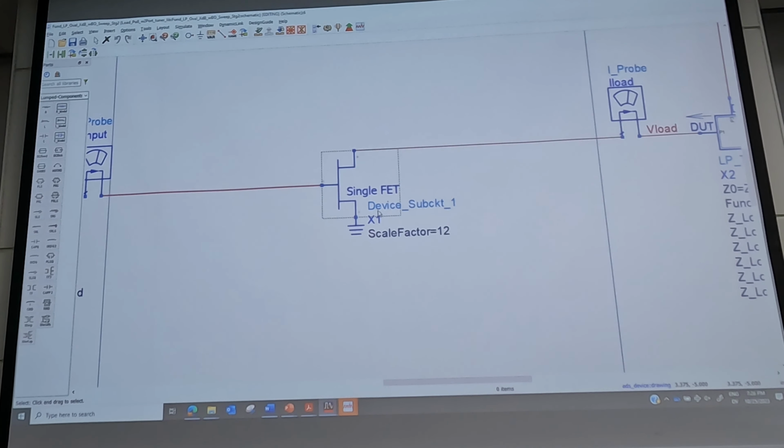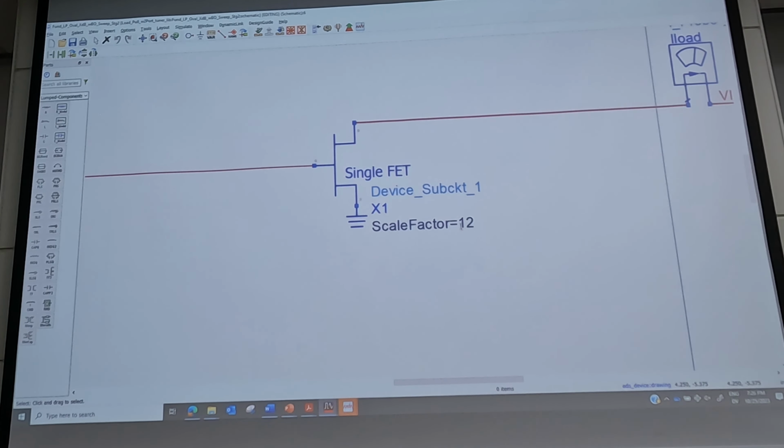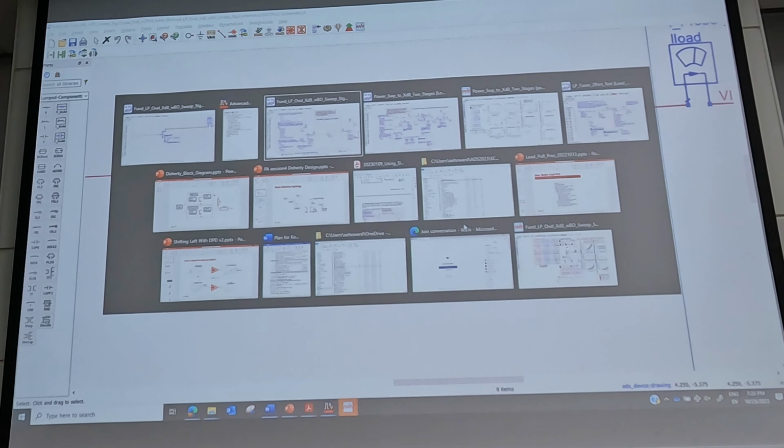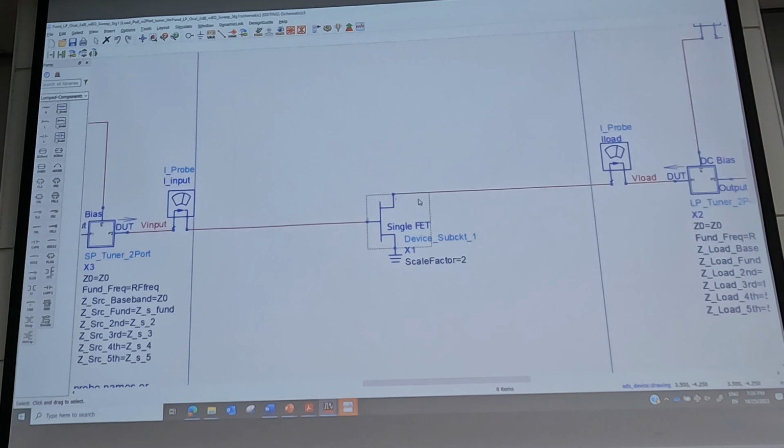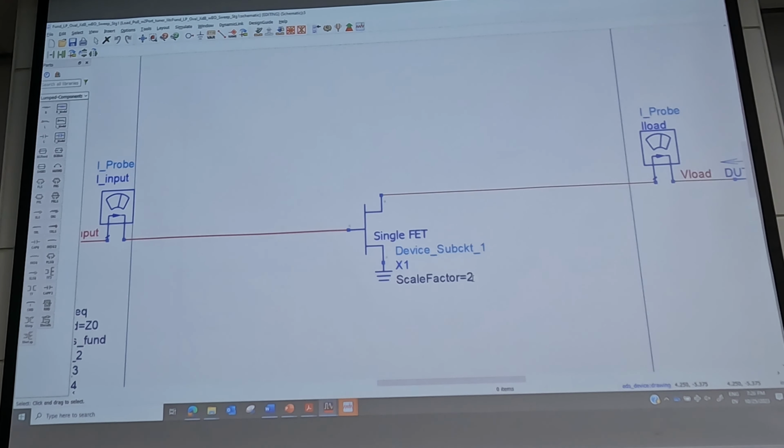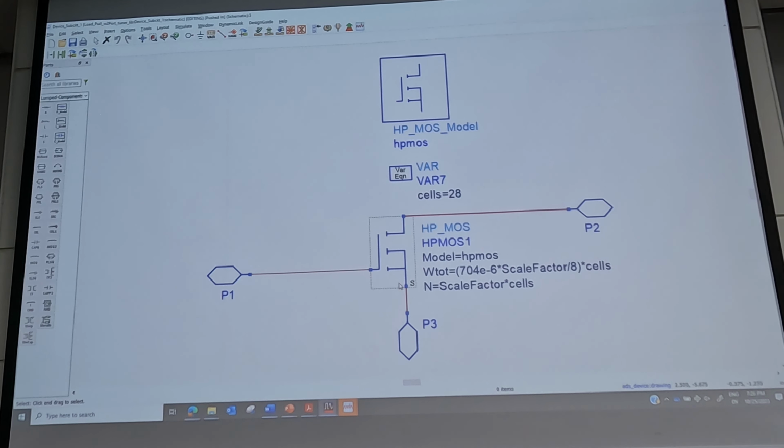So this is a much larger device, because I have scale factor set to 12, whereas for the first stage, it's set to 2. So I have a much larger device for the output. You can set that to whatever you want. That's passed into N, which is the number of, what is N? I think N is the number of fingers. So stage 2 is much larger.